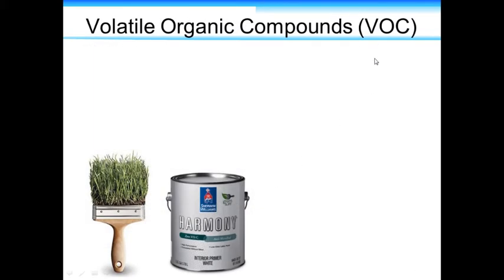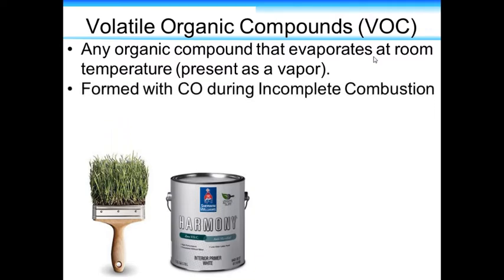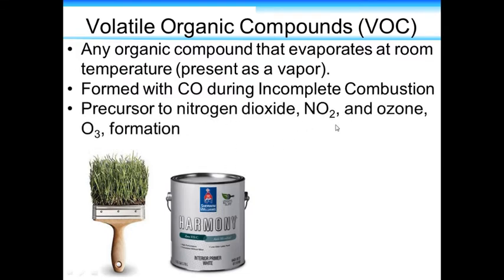So these volatile organic compounds, it's just a very general term. It's anything that is carbon-based that evaporates at room temperature. This is formed alongside carbon monoxide during incomplete combustion, but it's also in a lot of household products. And we'll talk in a moment about ozone formation. But even in your paints, if you are concerned about indoor pollution, you probably want to be looking for VOC